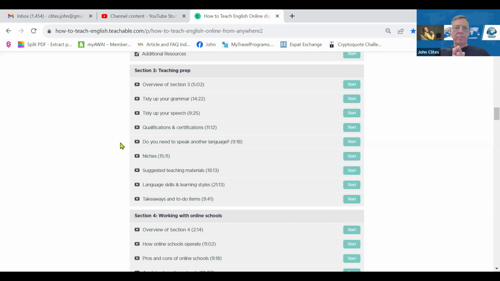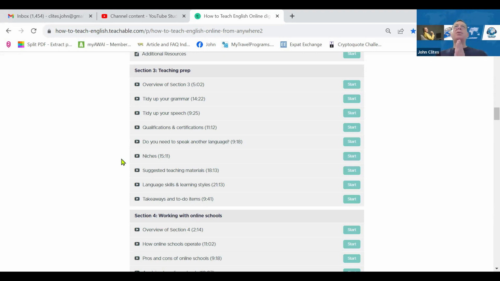So with time, if you're teaching students who all have the same first language, you're going to definitely see patterns. Also with pronunciation, you'll see issues. So it really helps you to learn a little bit about their language, and you'll be a better teacher for it. It'll also make you more patient. If you're learning a language as your students are learning English, you'll just be a better teacher for it.